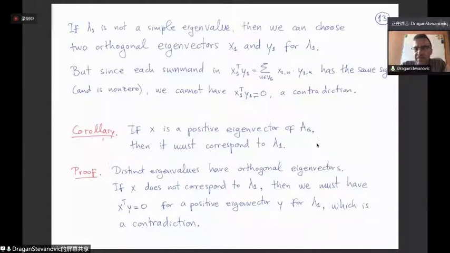Moreover, this gives us an easy way to recognize the largest eigenvalue, because if we are able to construct, to find a positive eigenvector of the adjacency matrix, then it must necessarily